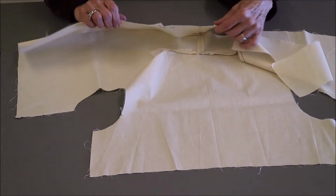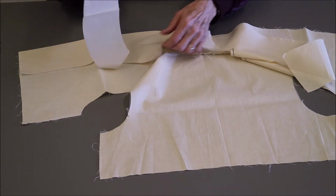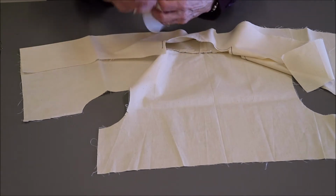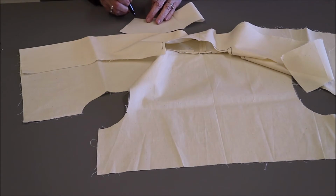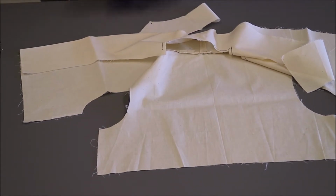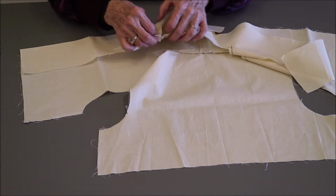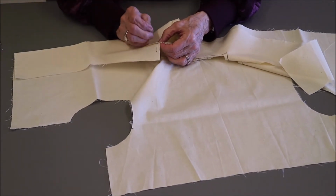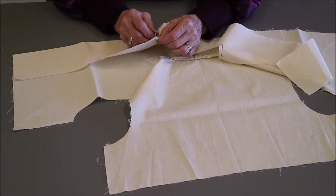And that exact same thing will happen here on the facing, in that the stay stitching happens, and there's an inside corner that will match to an outside corner, and that hasn't been marked, so let's just put a little dot there. 1/4 inch in, 1/4 inch in, there's a dot. And that dot needs to match exactly to this dot. A good way to do that is to put a pin through the dots, make sure they go exactly through both,